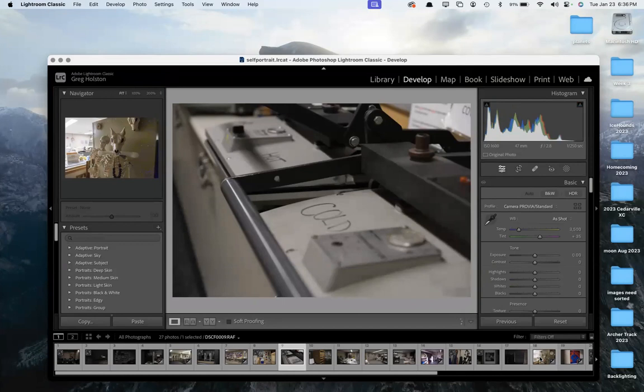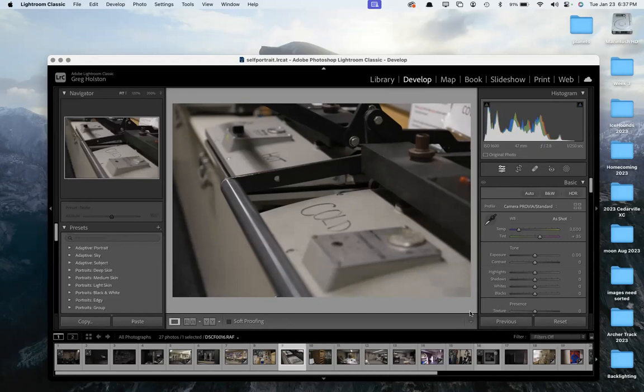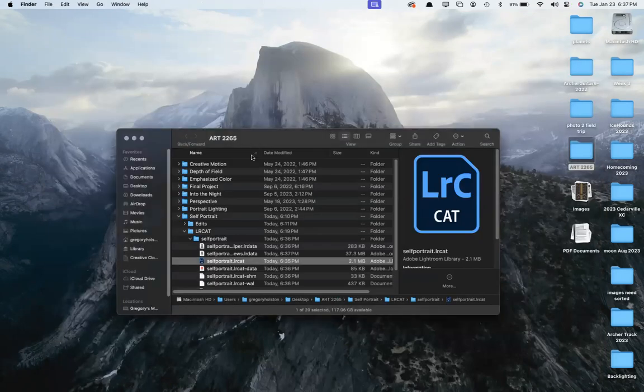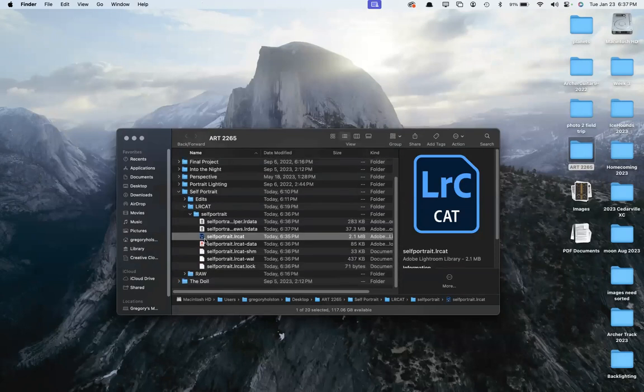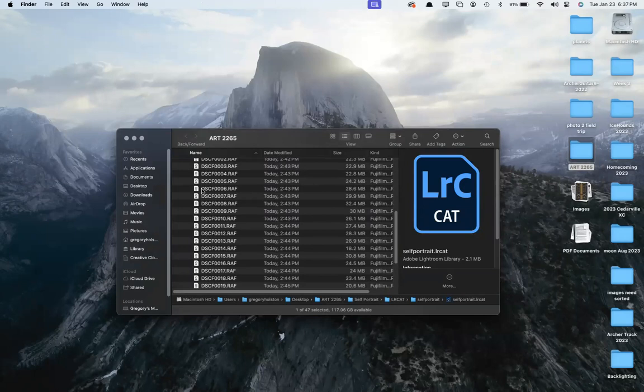Now we have to make them into JPEGs. These are all raw files that I'm editing right now, and I don't want them raw files. Not only do I need to make them JPEGs, I need to rename them, all right? Because honestly, this is a big problem with a lot of students and a lot of people in general, is that they have all their photos and they're all named